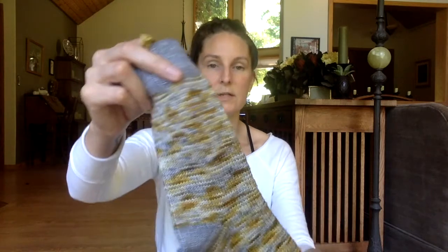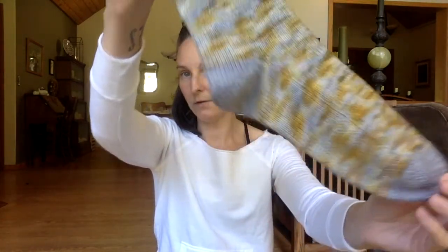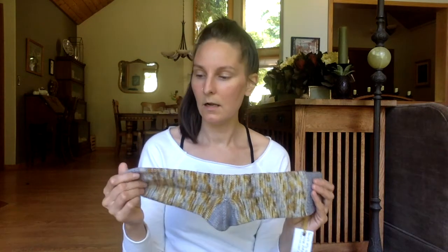I pulled out of my stash of finished items a pair of my Kjerste Swanky socks. And I don't think on the podcast I've ever talked about this pattern before. This was my second or third pattern. I can't remember. Back in 2018, I